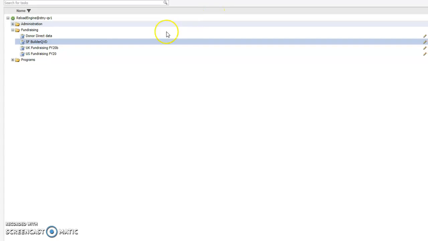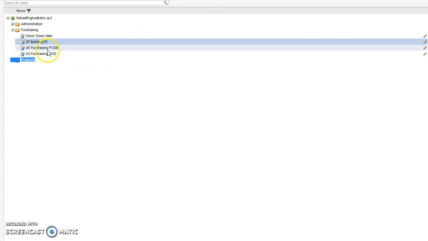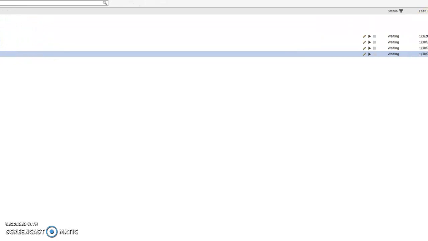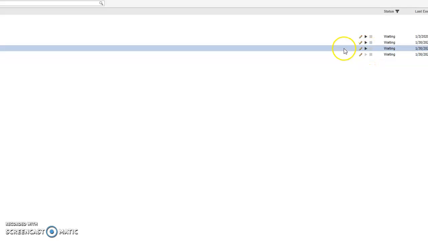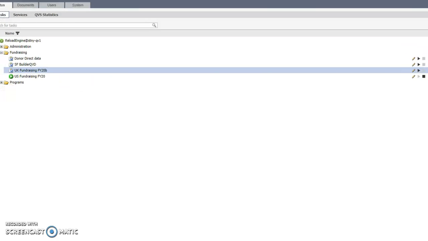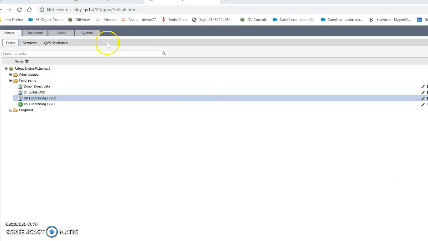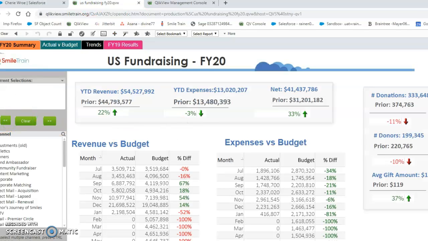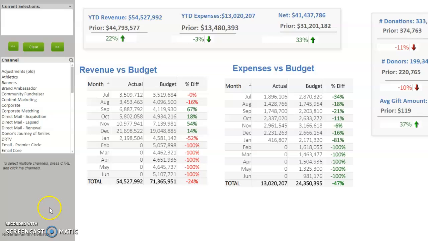Once that is done, these are the two apps that you have to run. You can actually run them at the same time. I'm on US. Click that, and then I'll click this too. Actually the UK one will run once this one is finished. And that's it. Once those are finished, you can go back to the actual app, and chances are this date will be today's date or yesterday's date. And that's how you fix